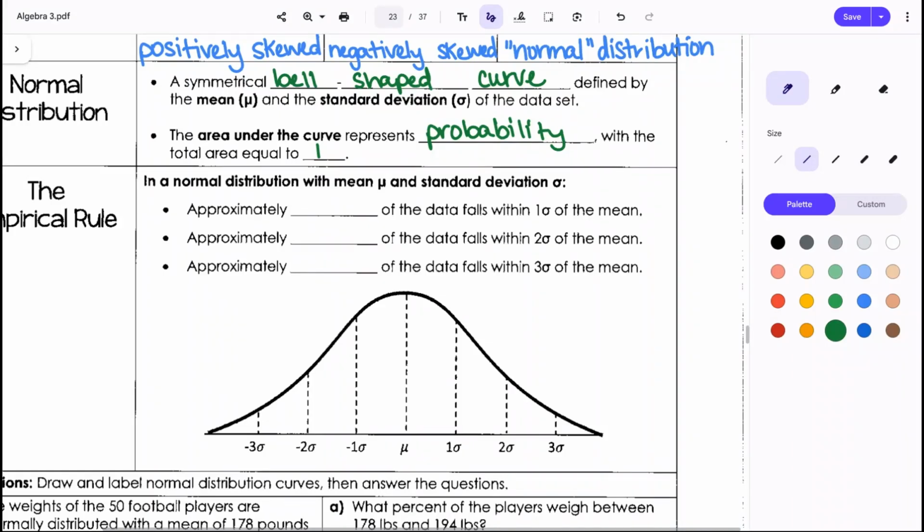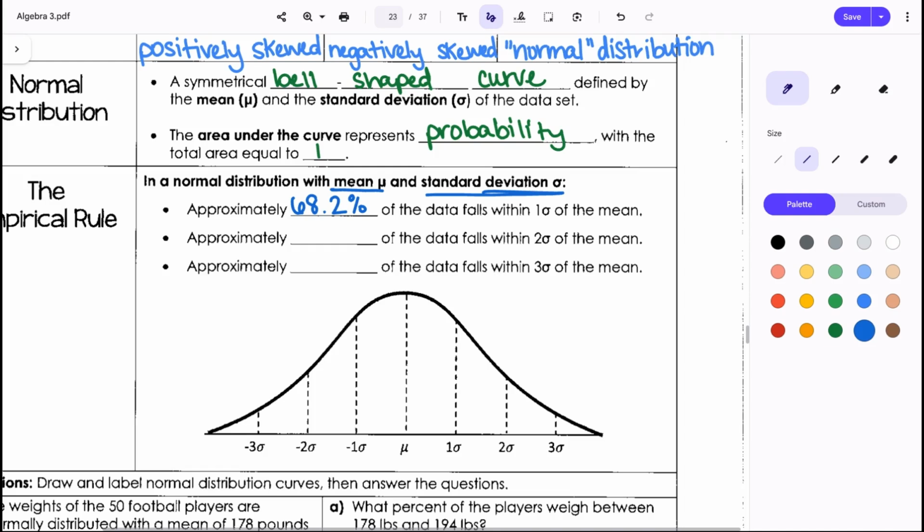Especially if we're talking about it being normal. So when I said that this is all based off of your mean and your standard deviation, how they distribute the curve is going to play into those 2 numbers. So you're going to need to know what the mean is and then be able to understand how many deviations we are away from the mean. Are we a full 1 away, 2 away, 3 away? And we found that stuff yesterday. But approximately